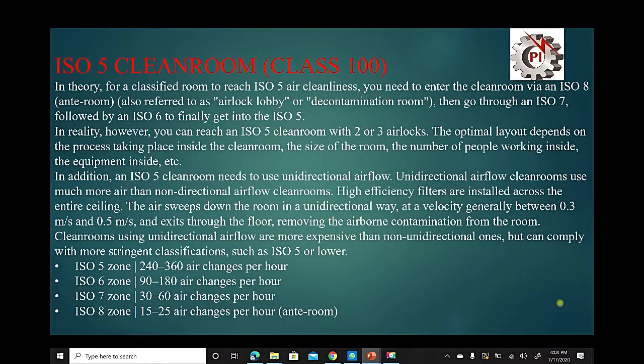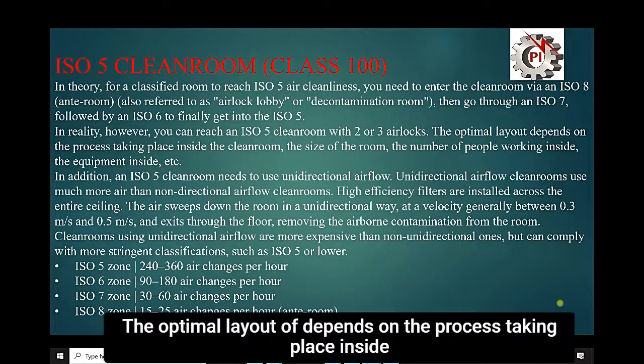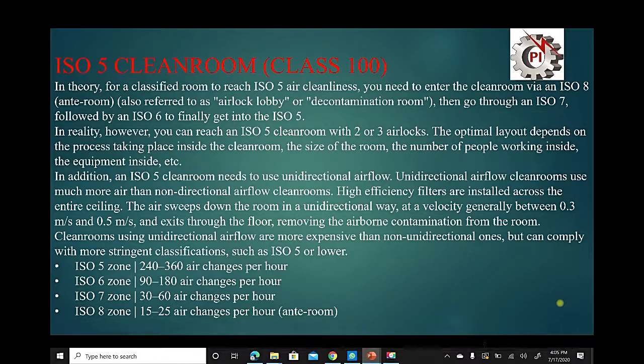Then go to ISO 7 followed by ISO 6 to finally get into the ISO 5. In reality, however, you can reach an ISO 5 clean room with 2 or 3 airlocks. The optimal layout depends on the process taking place inside the clean room, the size of the room, the number of people working